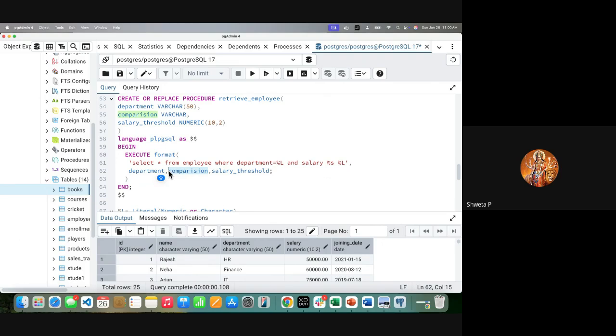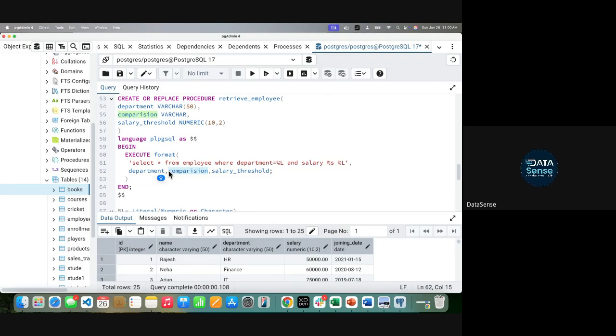That's not the thing. I don't know how to explain that, but here how we have written where department equal to %L, that will correspond to the department from here, correct? Yes. So similarly for comparison, which will represent this %S. But do we need to write it as where comparison equal to %S like that?